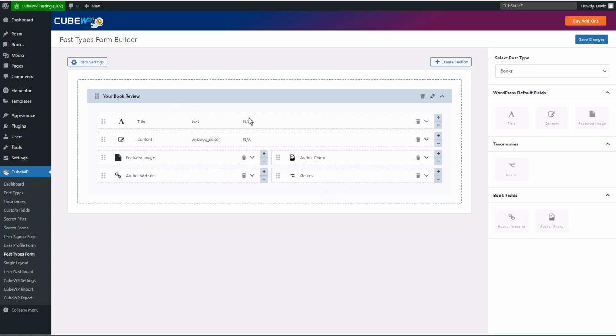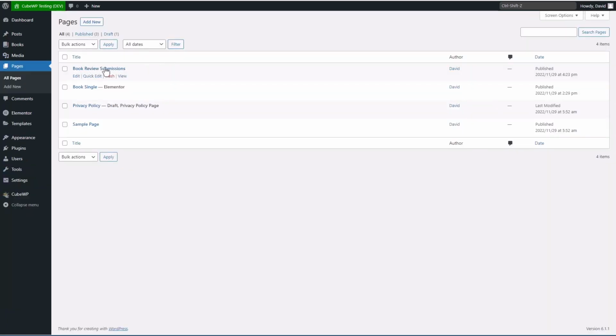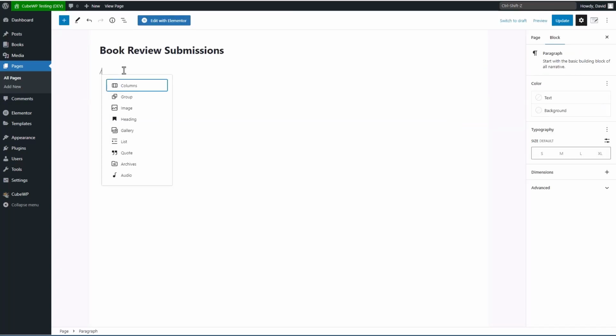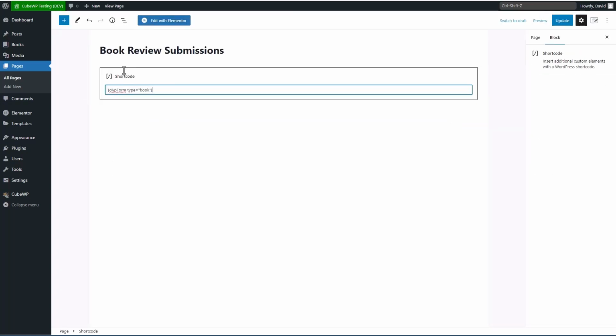Okay, so here's our form. You see this was pretty easy to create. Let's save this. Okay, and we get a shortcode. So I'm going to copy the shortcode, and now let's go to a page. I have one here, book review submissions, and let's add the shortcode block and paste that in